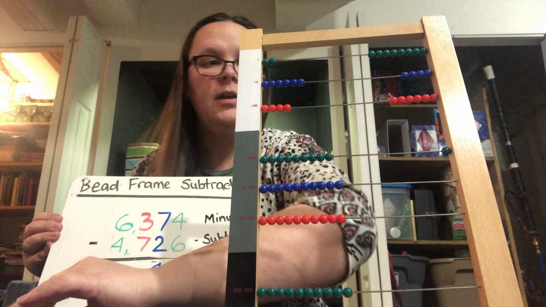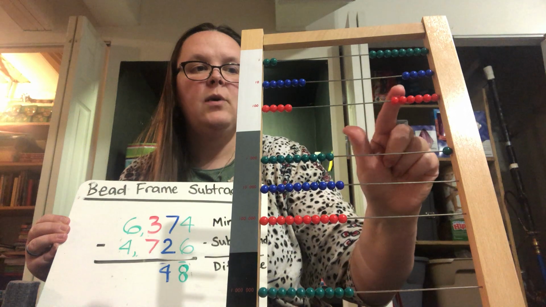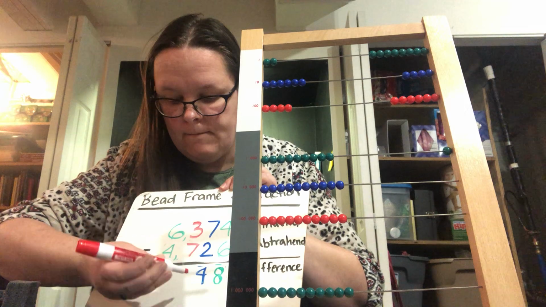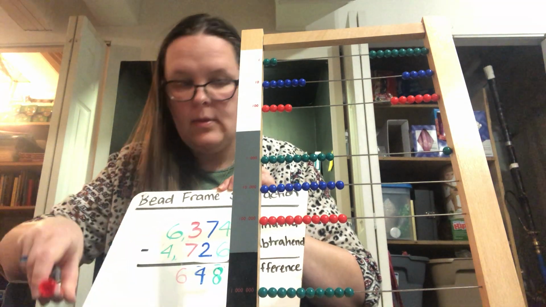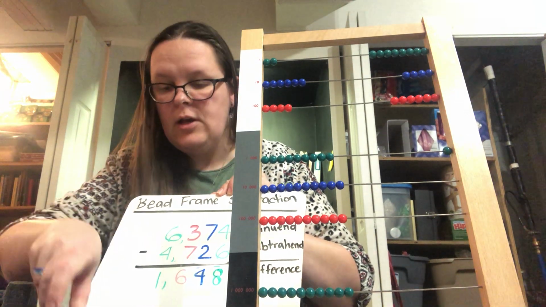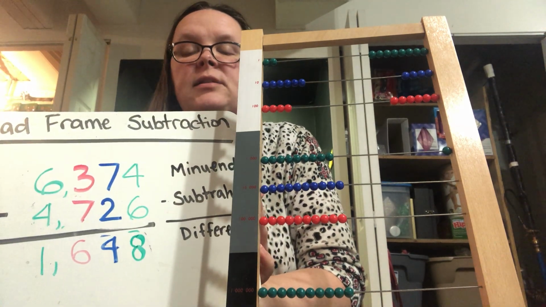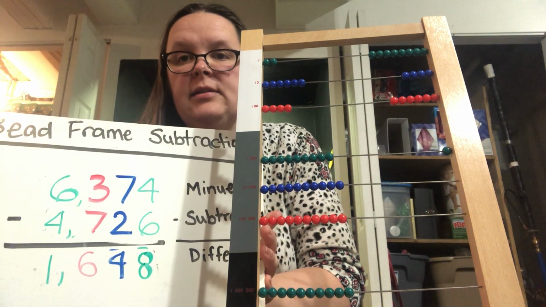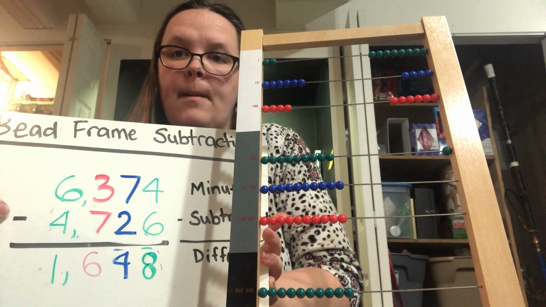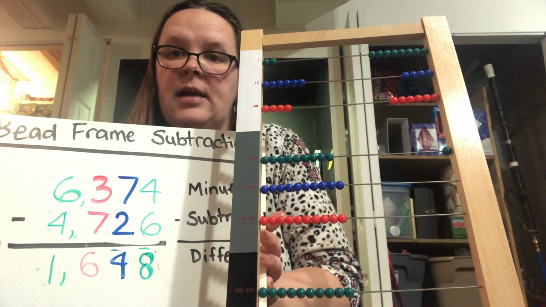Oh, my markers are rolling everywhere. I have 6 hundreds left. 1, 2, 3, 4, 5, 6 hundreds. And I have 1,000 left. So my answer, the difference is 1,648. 6,374 minus 4,726 equals